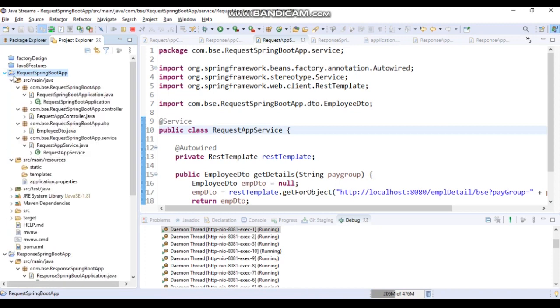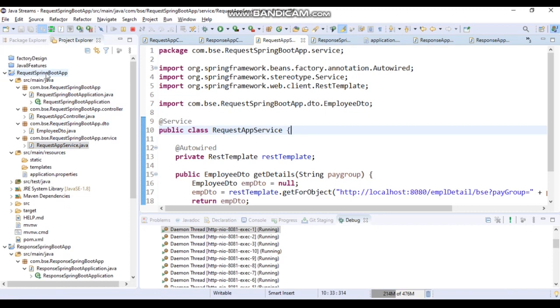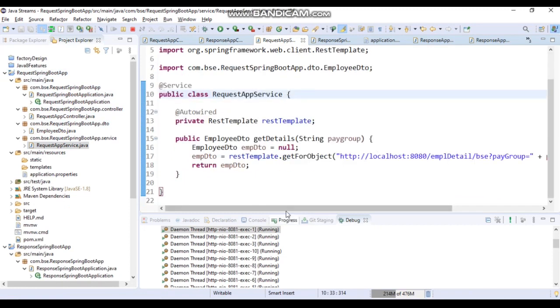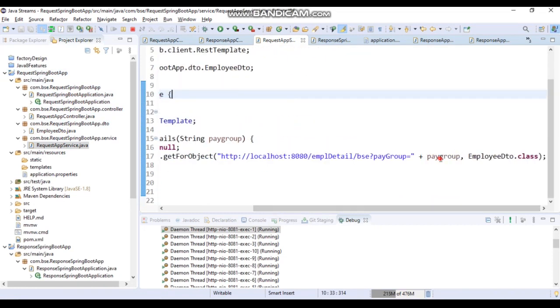So we have two services. We have a controller and a service of the first app, and from this service we are hitting the next service by passing the pay group as a request param.